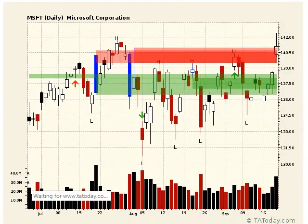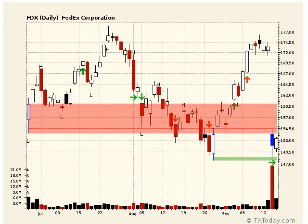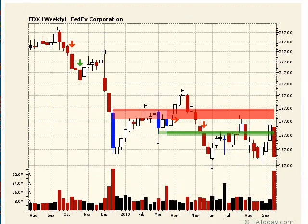Going to some of the beat up ones, here's a FDX. FDX now tests the low, or almost tested the low, the swing point low right here. Doesn't get under it, but volume comes down, big heavy gap down on earnings, blows through a number of, shall we say, support areas on the way down. Down hugely on the year, down hugely on the week, down testing on the weekly, testing two swing point lows, trying to break them down. This one's going deeper, right? This is not done. So this is not a bottom fishing exercise. If anything, it's a short on any kind of strength to short into. So that's FDX,